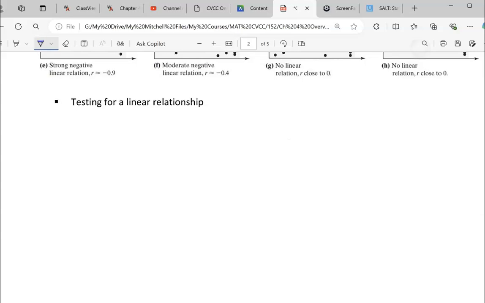So what is our test for that linear relationship? Well, our textbook is going to use the following. Everything is based on R, so we're going to find R, and we're going to use technology to find R. We're going to say that there is a strong linear relationship if the absolute value of R is greater than 0.8. So if I get something like 0.85, I'm going to say this is a really good fit. This is a strong correlation. We're going to say it's moderate